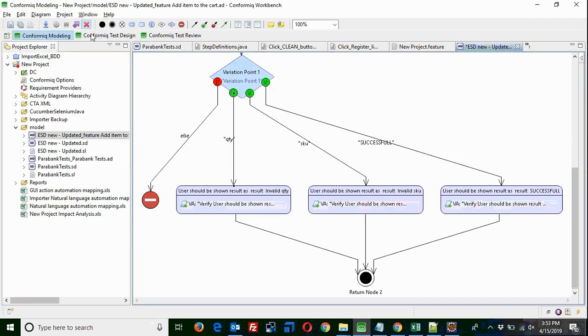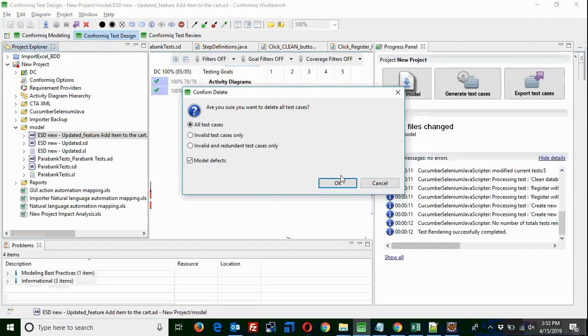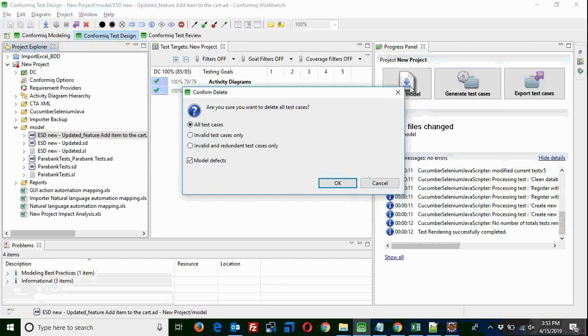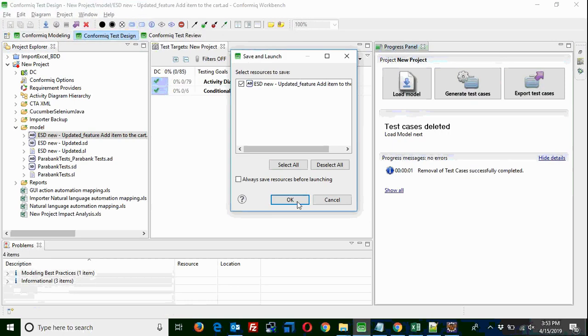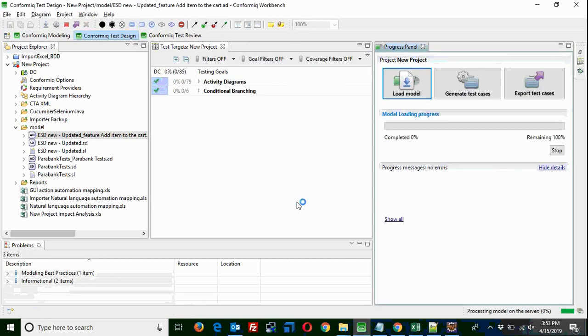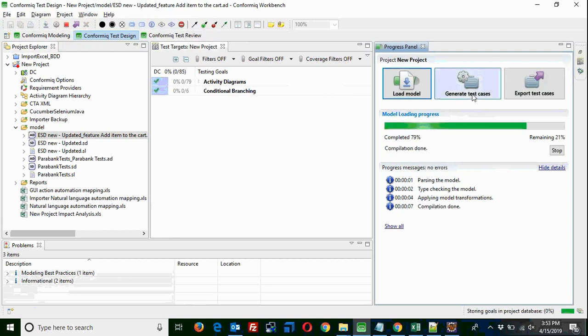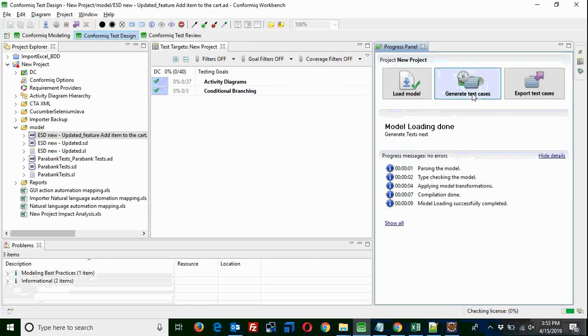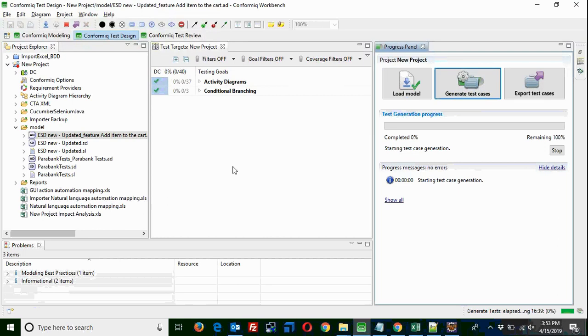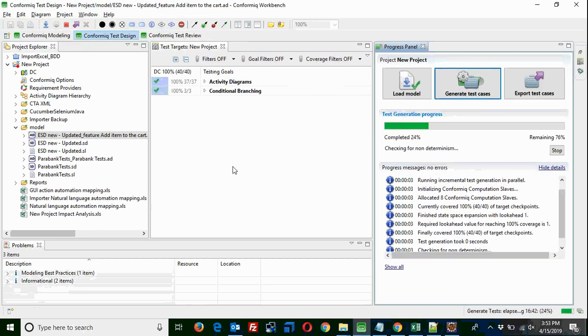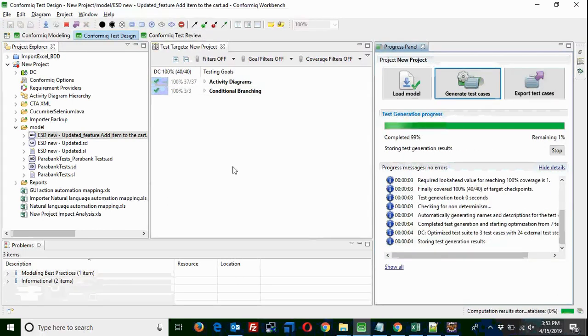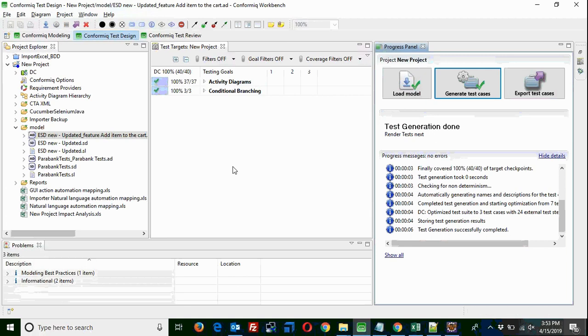So quickly, I'll remove the existing test cases and say load the model, and the procedure will remain the same. Load the model and generate the test cases. Once the test cases are generated, you can quickly review them, and the same set of test cases can also be quickly converted to the BDD framework.